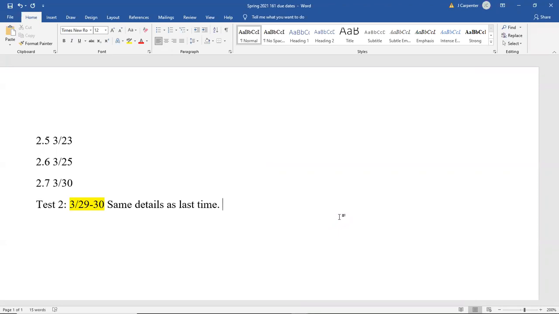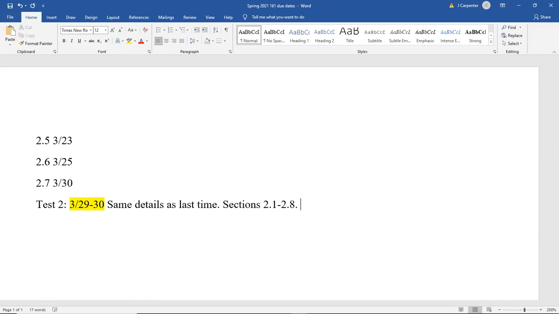So we're going to finish that last roughly half of 2.7, and then we're going to finish about 90% of 2.8. So we will still have one example, well, a part A and part B, so one example to do next class. However, we will have done enough for me to say that the section has concluded, which is why our test 2 is going to be in a week. And that's the same details as last time. Specifically, this will be on sections 2.1 through 2.8.